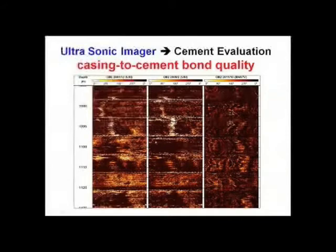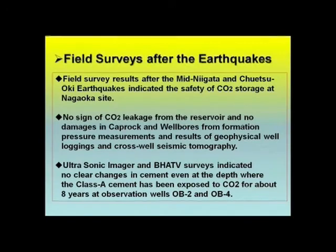Even though CO2 breakthrough was observed there, over 8 years we also confirmed the quality of the cement at this site. So, a simple summary of the field surveys after the earthquake in Nagaoka: we would like to say events with low signals after the earthquakes indicate the safety of the CO2 storage at the Nagaoka site, and there are no signs of CO2 leakage from the reservoir,